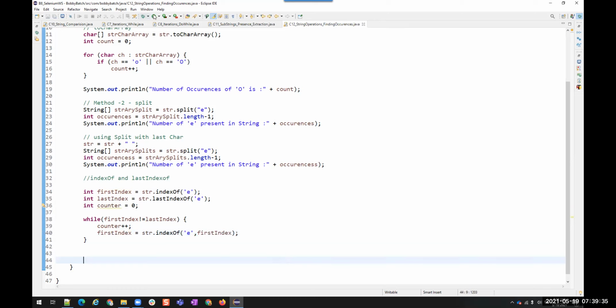Now see, let us run this. Okay, I have to print this, right? See, so number of e is using indexOf plus count. Okay, now let's see.